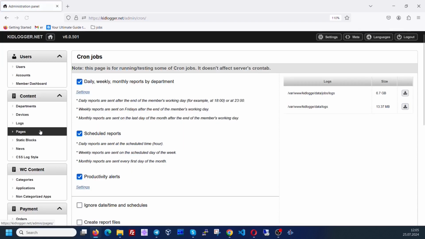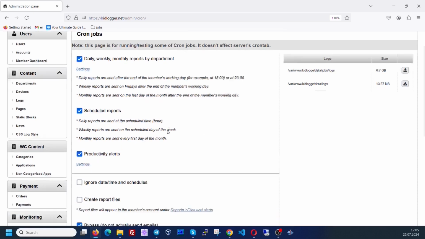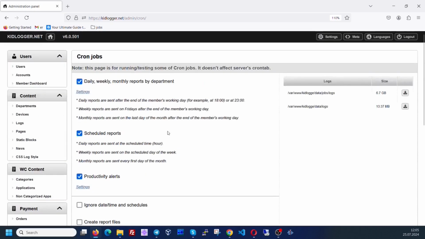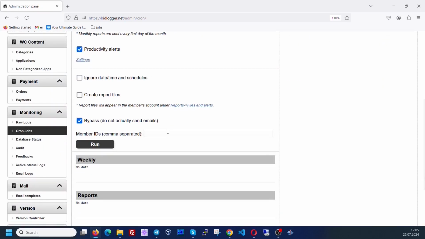The next page is cron jobs. What are cron jobs? Cron jobs are some applications that work periodically on the server. They process data, read data from log files, and move it to the database. For example, crons create backups, upgrade or downgrade customers if their paid period is over, and delete old data. We can modify and run some cron jobs manually from here and download logs from the cron jobs.